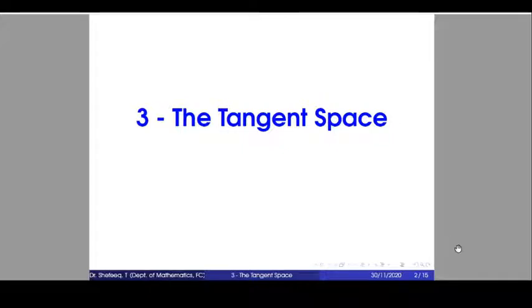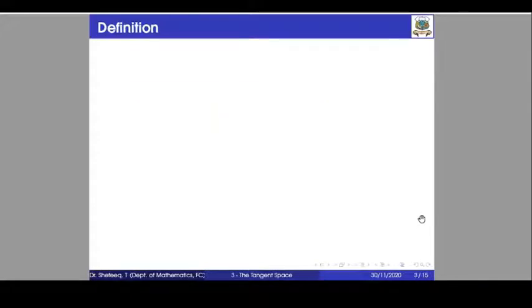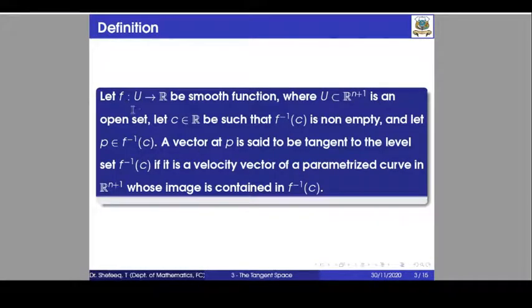Dear students, in the last class we have started the third chapter, the tangent space. We have defined what is meant by a tangent space. A tangent space means, suppose we have a function f from an open subset U of R^(n+1), and this function is smooth, and f inverse c